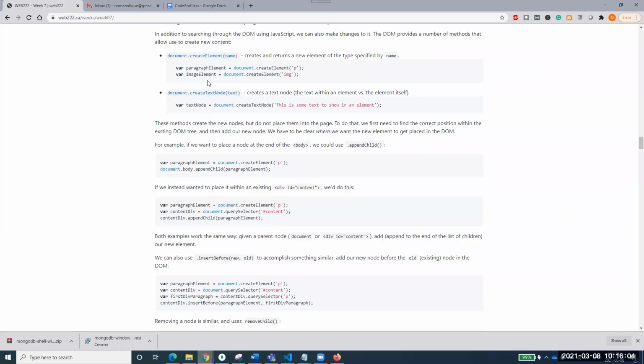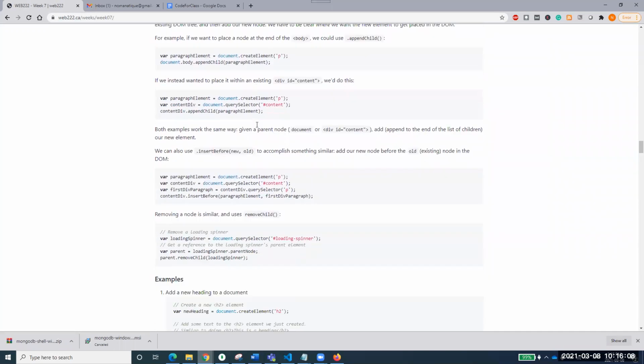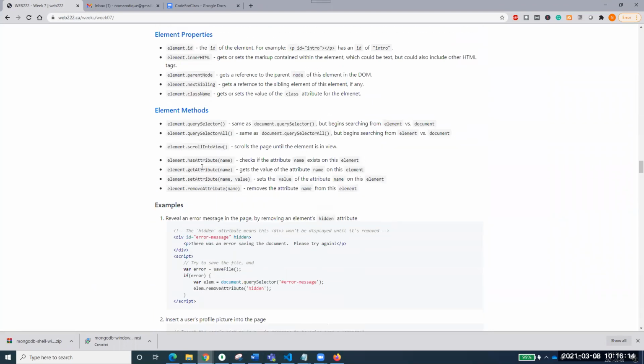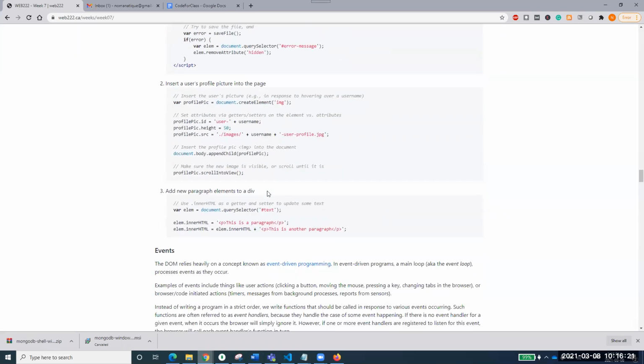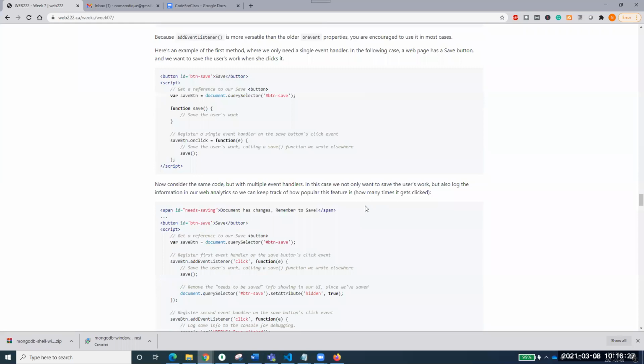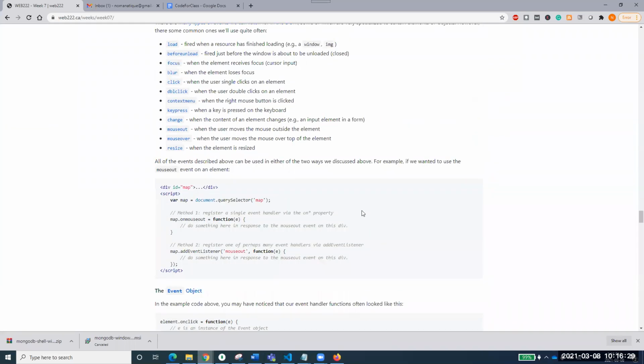Once you understand the concept, you see document.createElement p, createElement as image, it is creating an element and then adding that element somewhere and things like that. So all of these things we have discussed, but of course you have got lots of other things that you can do: scrollIntoView, hasAttribute, getAttribute. Not this week, I think it's not this week. I'll announce that properly if it is there. This week we'll discuss the topics.